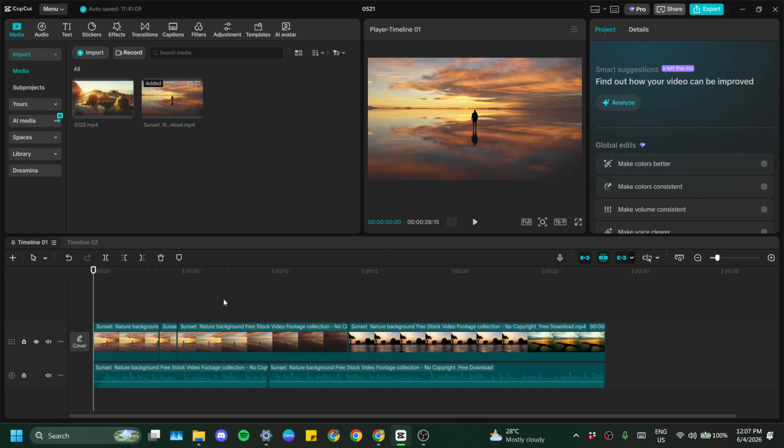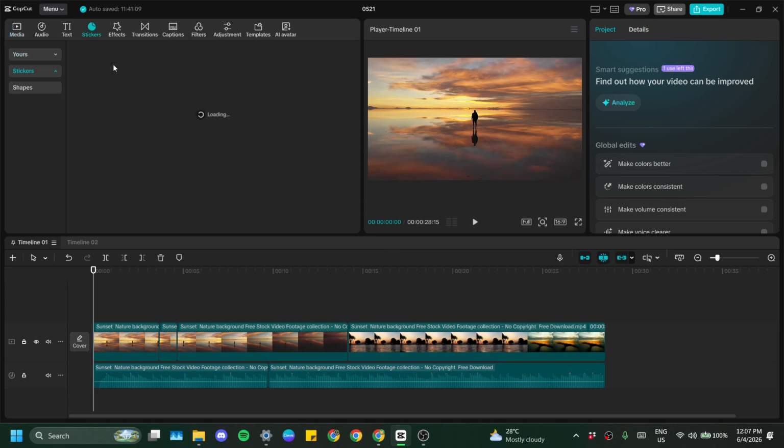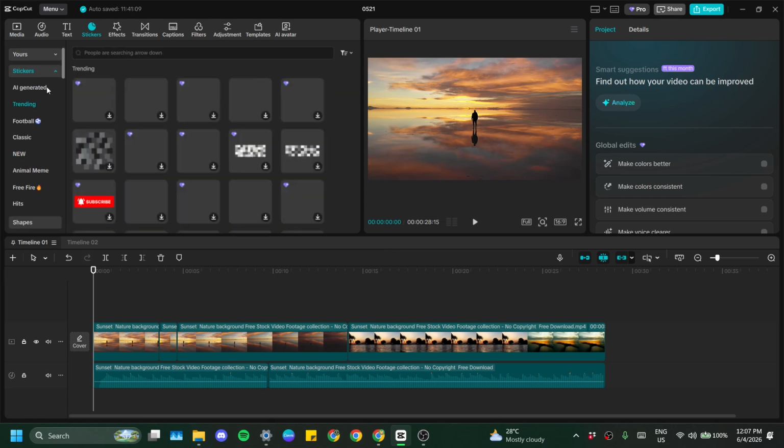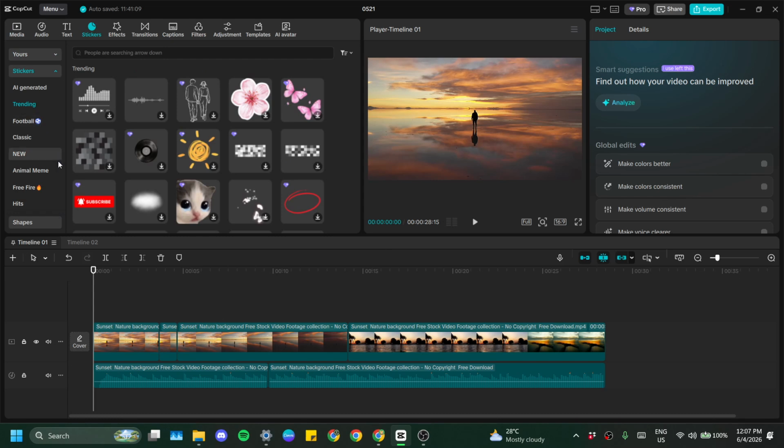To get started, go to the top left area of the CapCut interface and click on the Stickers tab. This opens CapCut's built-in graphics library, where you'll find a huge collection of visual elements that can be added directly into your project. If you've never used this section before, think of it as CapCut's ready-made design panel for overlays